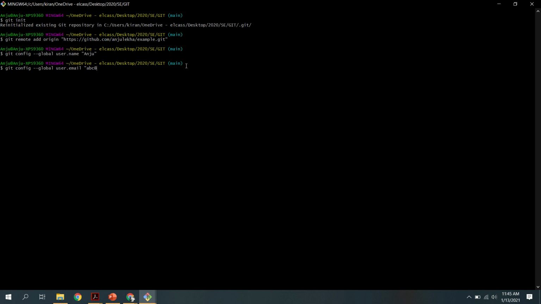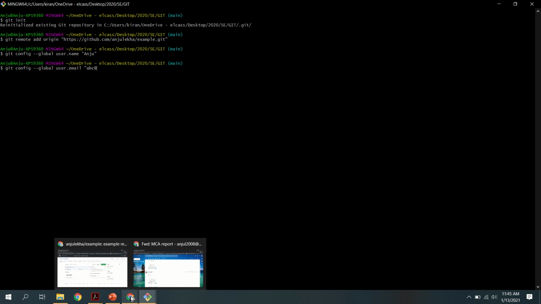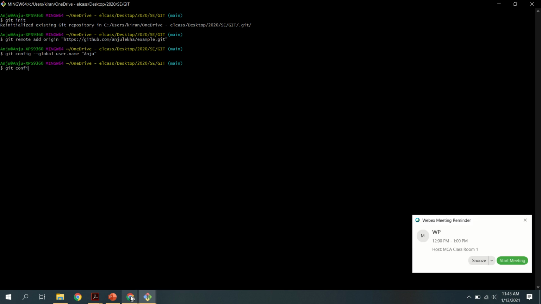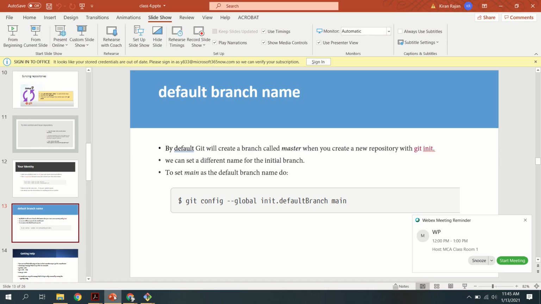Here I renamed the branch name from master to main by using this command. I will show you the command once again. This is the command for changing the name of your branch from master, which was the default, into main.